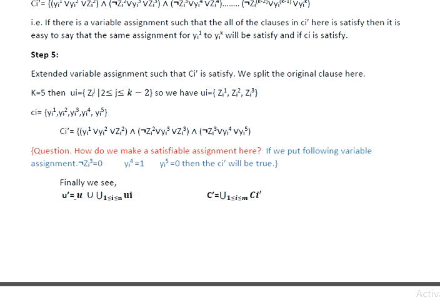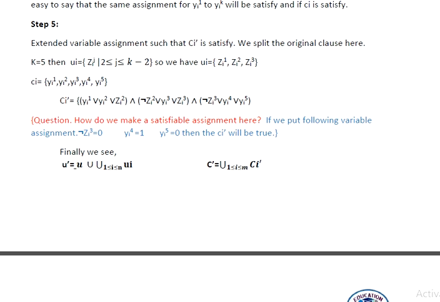So as a result, this clause will be satisfied, and it also means that the original clause will be satisfied. And finally we will see that all of you will